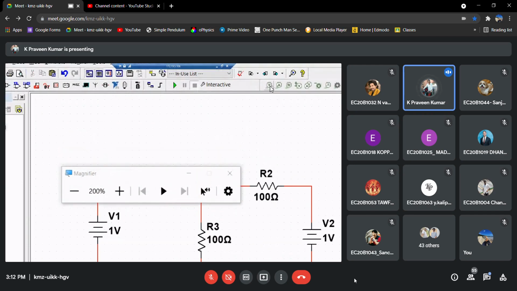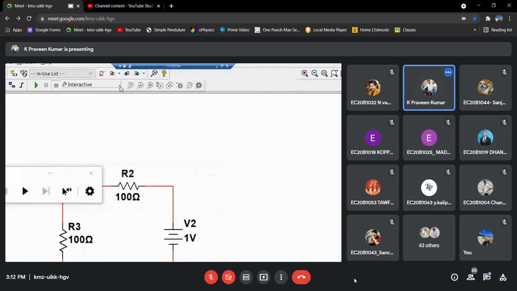If you observe here, we have these voltage and current probes. So VA, these are the voltage and current probes. By using these probes, you can directly measure. So no need to have any meters and all. Directly by using these voltage and current probes, you can measure the node voltage and branch currents.